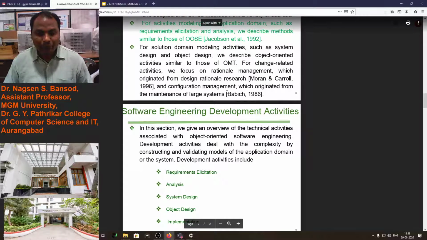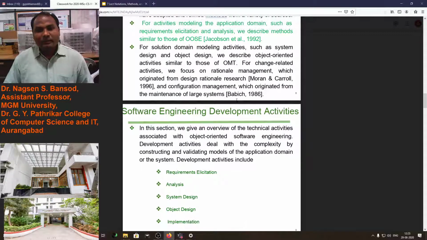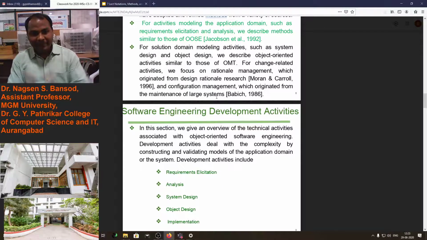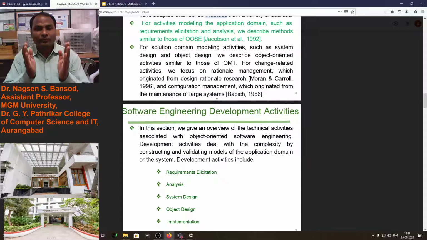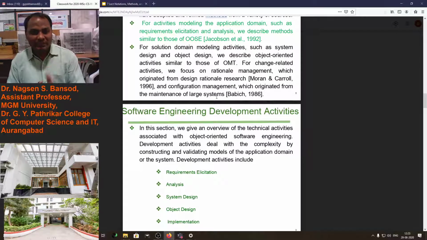How did we come to know this point? Because Babbage in 1986, at the time of software maintenance, got the configuration management method. So this also we have to include in the software development activity, the software development process. As well, some logic management.